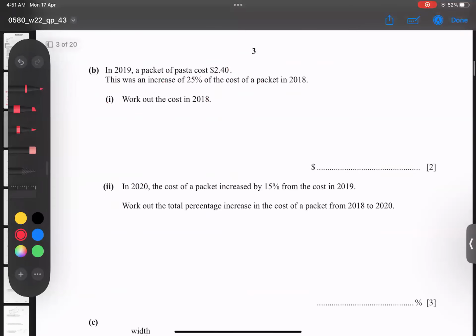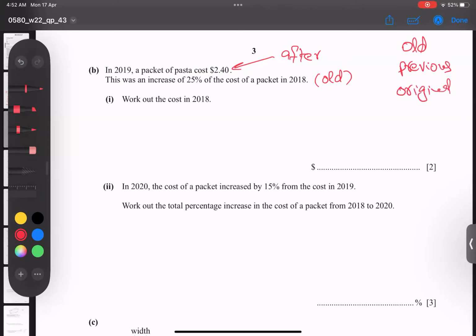The next part is he's saying in 2019, a packet of pasta cost this much. Okay, and this money was an increase of 25%. So it means this is after a 25% increase. And this is 2019, I'm looking for 2018. It means I'm looking for 1 year back, 1 year ago. So let me tell you, we have a few important things. Whenever we're looking for the old value, the previous value, the original value,